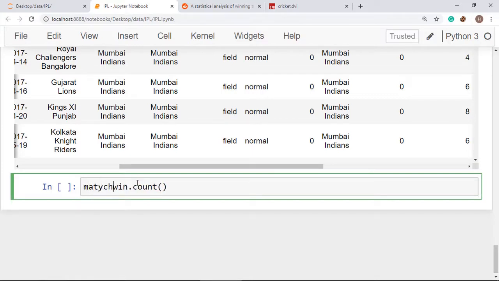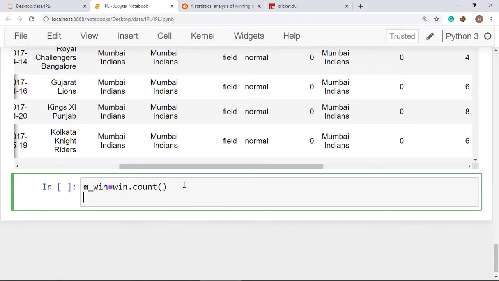So here m_bin, I am creating a variable m_bin where we will be storing how many times a particular team has won the toss, and r_bin means where a particular team has won the match also.